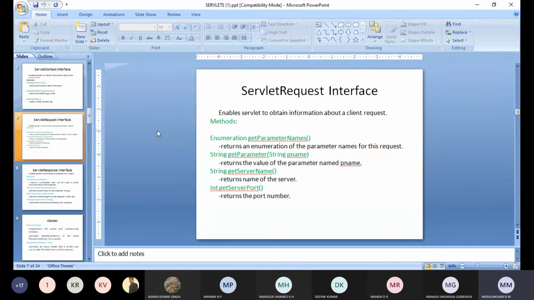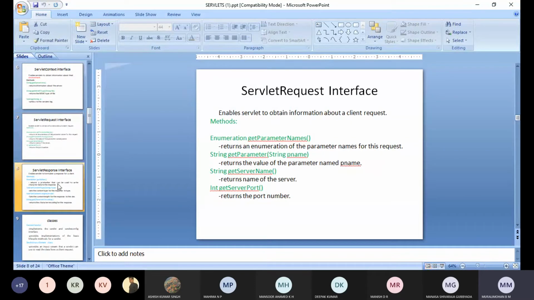This returns an enumeration of the parameter names of this request. getParameter of String pname returns the value of the parameter named pname. getServerName will return the name of the server. getServerPort returns the port number of the server. Okay. So these are the methods which are defined inside this ServletRequest interface.